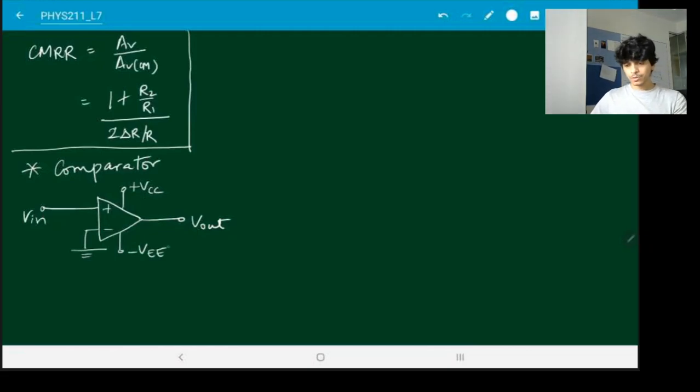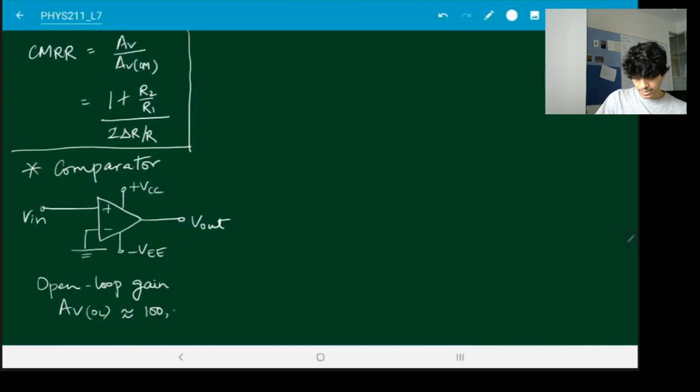Okay, so what does this circuit do? It is very straightforward. You give some value of V in. There is no feedback loop over here. This is completely open loop. Remember the open loop gain of an op-amp, which we called A_OL maybe? I think this was the notation we had used last time. This is typically very large. Ideally, it is infinite. In reality, it's going to be something like 1 lakh.